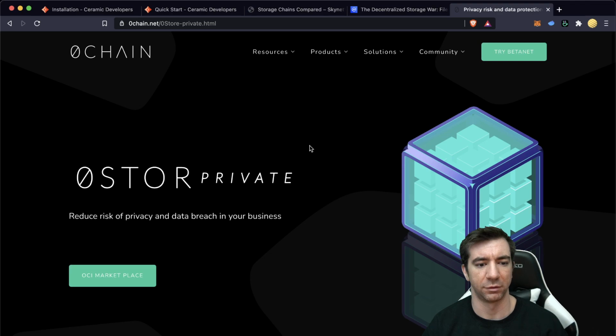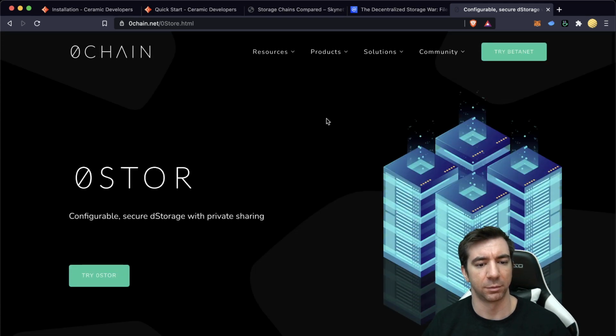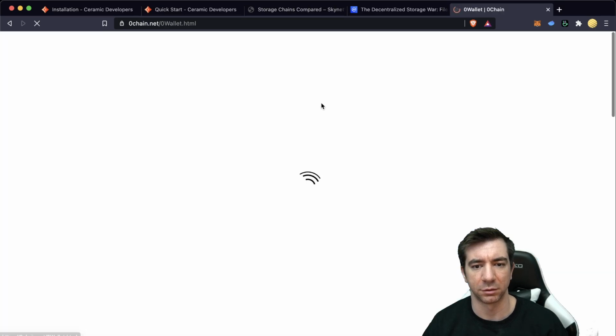Storj, private, reduce the risk of privacy, data breaching. I mean, I don't want that. Storj. Configurable, secure, decentralized storage with private sharing. See, I don't want private sharing. I just want, like,